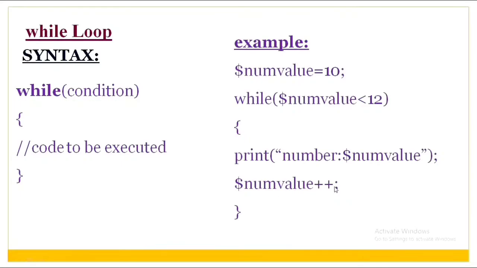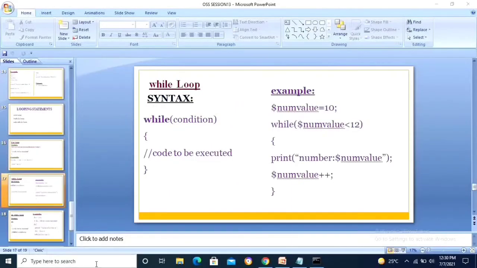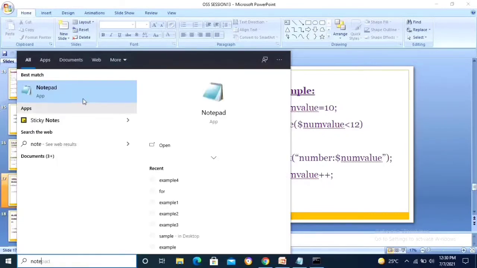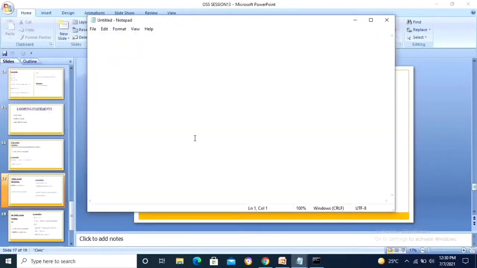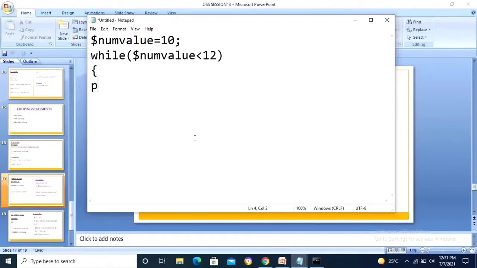Okay. Next, open the notepad and write the program. If you look at this, first declare the variable number value equal to 10. One variable is taken. Next, while condition is num value. Num value means number value. Okay, less than 12. The condition is num value less than 12. Okay, start the block. Open bracket. Statement is print